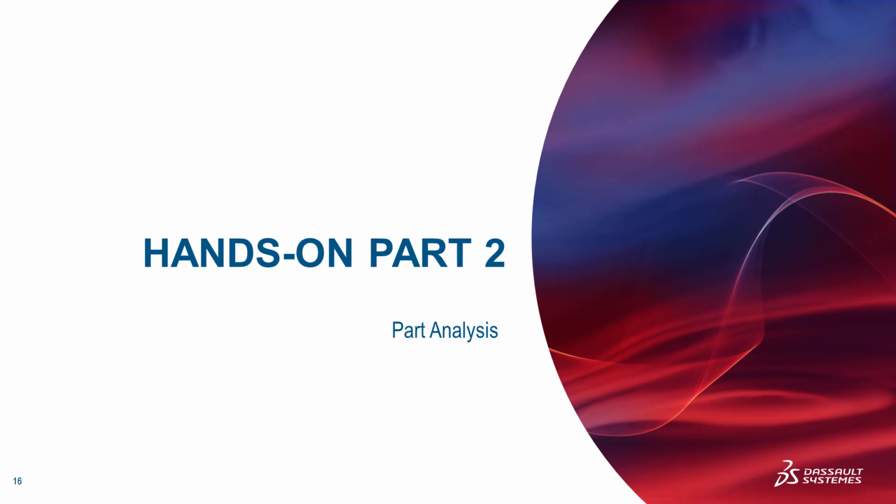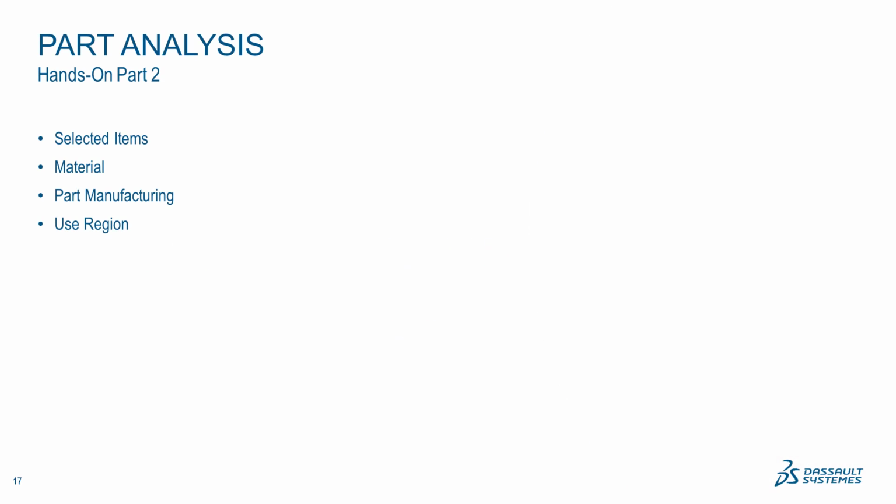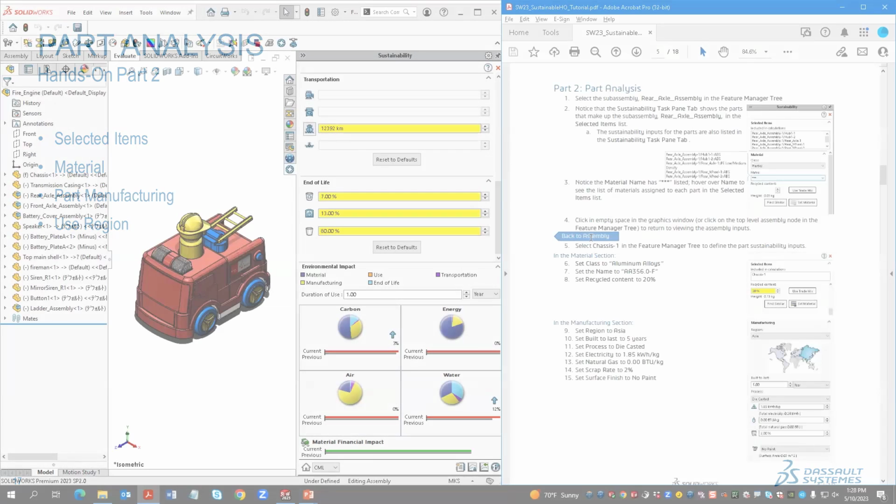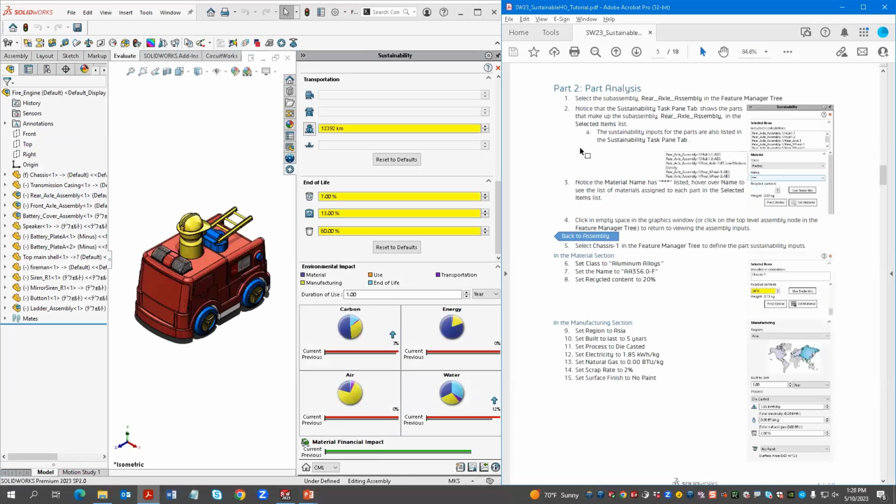Okay, so let's hop back into SOLIDWORKS Sustainability for part 2, and we'll look at the analysis that we would run for a part, show how we would establish the human activities for a part, and also show how the environmental impact is calculated for the part. So going back to SOLIDWORKS Sustainability, we're going to select,